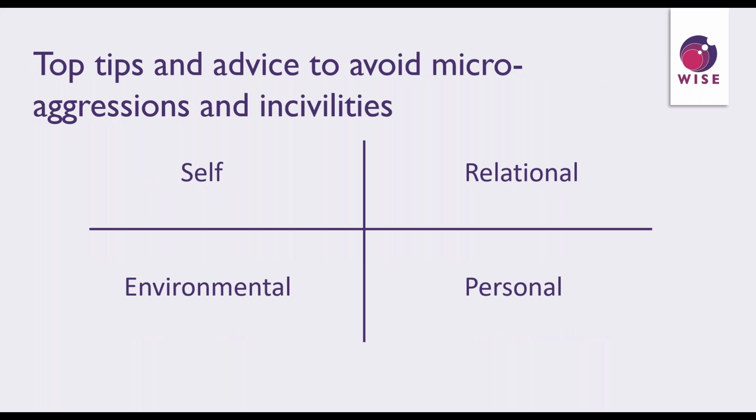So how to avoid microaggressions and micro-incivilities is to start with yourself. Know your potential to be a perpetrator. I know of an example where two people went to pitch for a project to deliver diversity training for a company. They won the contract. However, the company asked that the main speaker, who was a woman, not deliver the training. The feedback was that the presentation was excellent. However, the presenter had presented to the white male in the room and not made any eye contact with the black female. So know your potential to be a perpetrator, and it's important to be self-aware and know your biases.